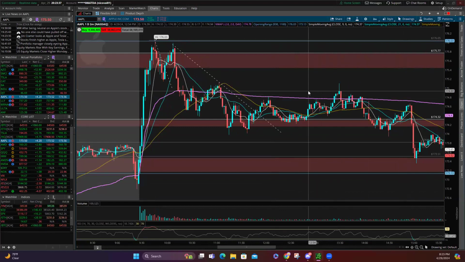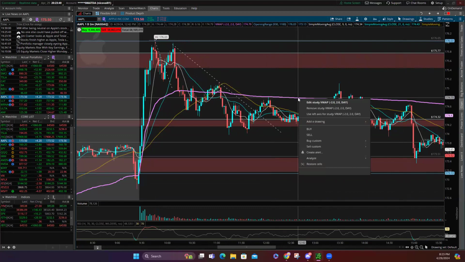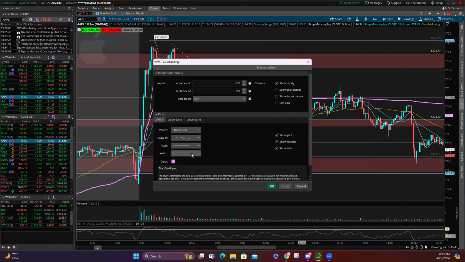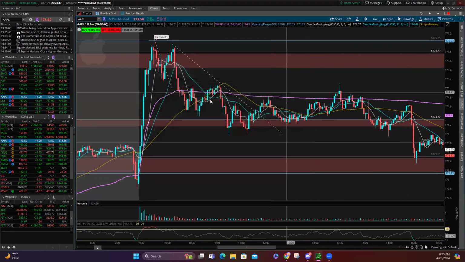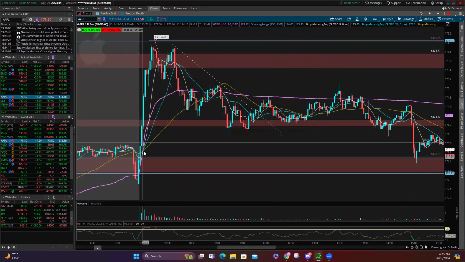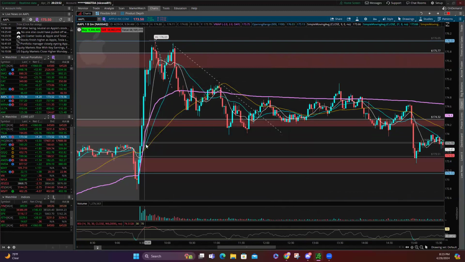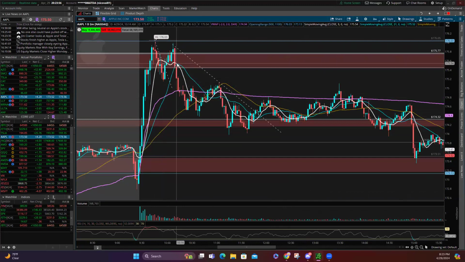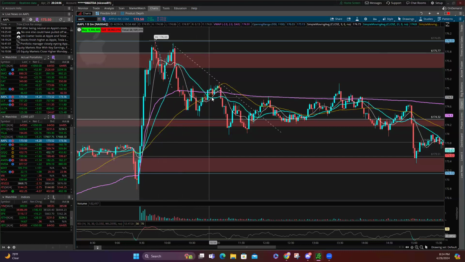If you're using TOS and you right click on any of your charts, you can edit your studies, and I use the width of that indicator. I put it at 2 so we can look at it a little more clearly. You can see how we break out of the 9 minutes and the 21 minutes here. And then you can use any of these breaks. Look, the 9 breaking above the 21, you know that you can get out of here. Then the 9 going up again, not much. And the 9 breaking down again, and then another entry down.